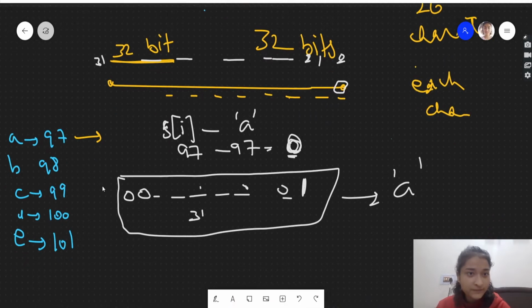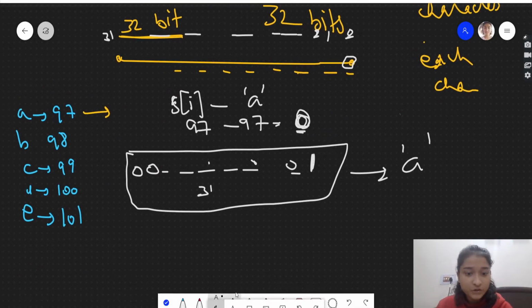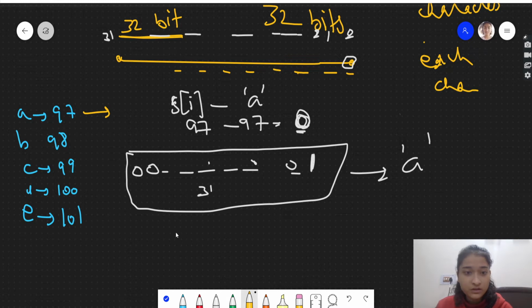Similarly, let's see for b. b's ASCII value is 98 minus a's 97, so this will come out to be 1.